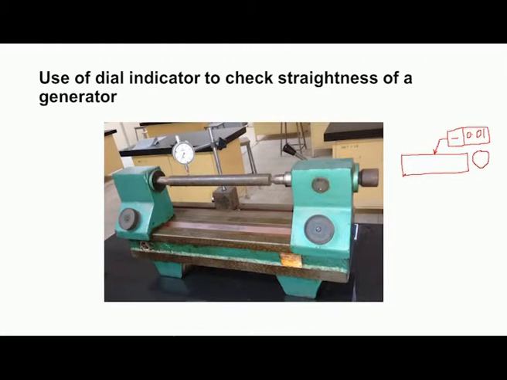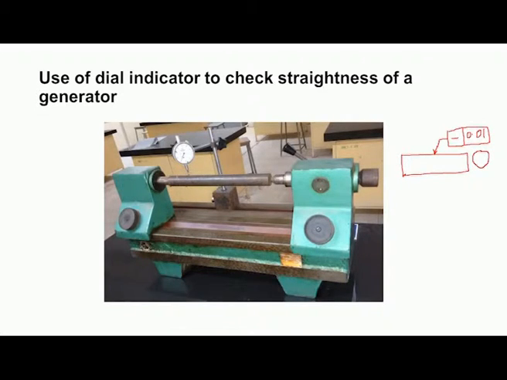The magnetic stand is placed on the guideways, and the stylus or probe of the indicator is placed on the topmost generator, so that it is perpendicular and touching the topmost generator. So, we should take the reading at this point, or we can adjust it to 0, and slowly we can move this